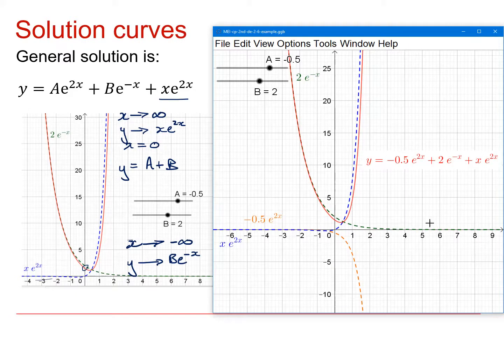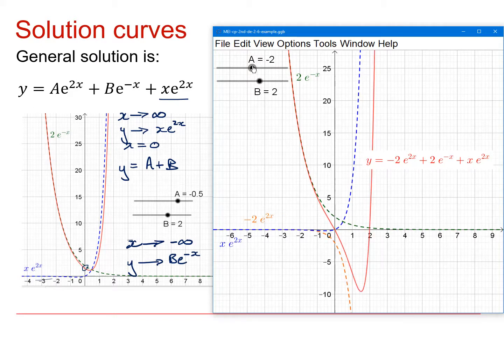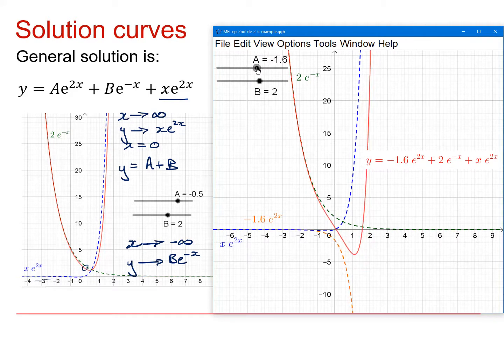Let's have a look at a dynamic plot of that. I've got the red function as my solution, my general solution curve. What happens as we change the parameters? Well, let's watch what happens as we drop the value of a. You can see that the yellow function is going even more steeply, and it's actually dragging the function down, and we get a couple of solutions for y equals 0. If a goes up to 0,